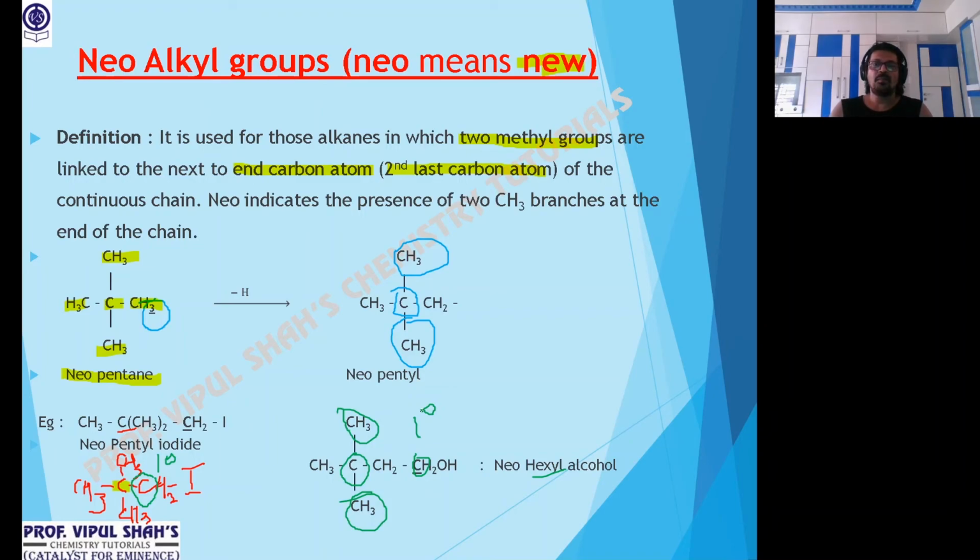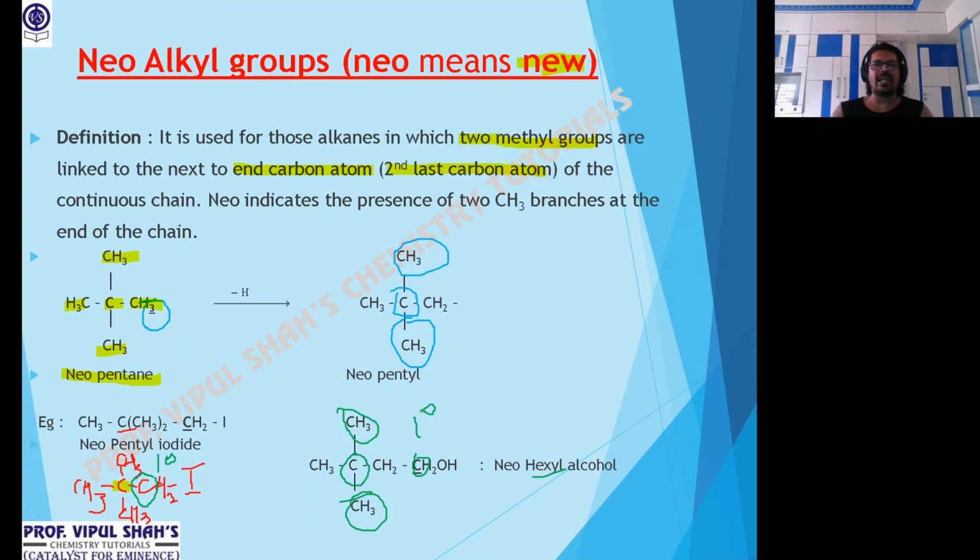Third: one of the carbon is branched, directly attached to 3 other. So we say that nature is always 3 degree, and tert minimum starts from butyl, 1 directly attached to 3. So minimum starts from 4. So tert minimum is butyl. And neo, second last carbon is attached to 4 other carbon, or second last carbon is attached to 2 methyl groups. If second last is attached to 4, minimum 5. So neo minimum starts from pentyl onwards, and for neo, nature is 1. So these are all the groups we have.